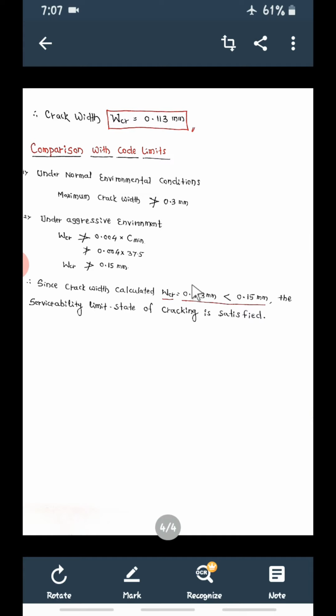So this is one problem we have solved. In the next session we are going to solve one more problem. All these problems, whatever portion I have covered till now, will be there for your first internal assessment, which is going to start from the 27th. So please go through all the portion I have covered till now once again. If you have any doubt, you can call me or clarify your doubts.